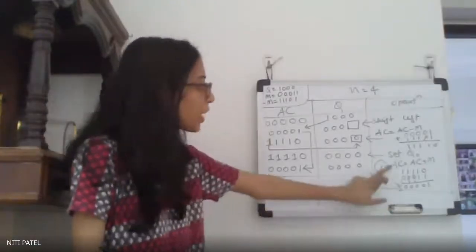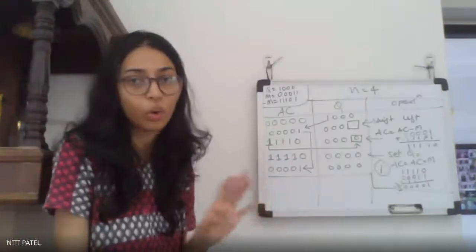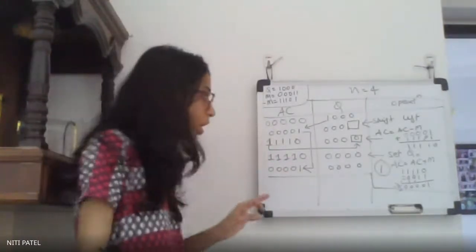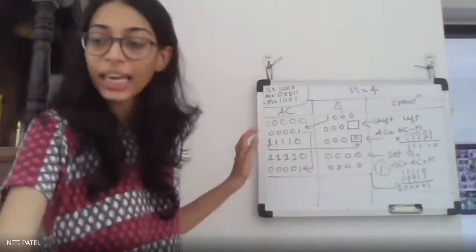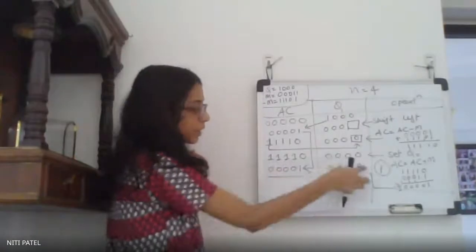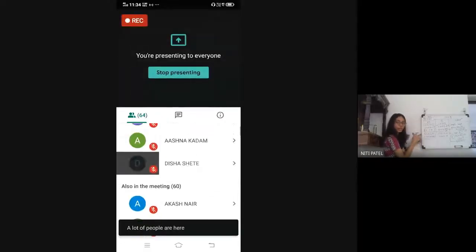Okay. So with this we have completed cycle 1. Now is my count 0? No. So what I have to do is I have to keep on continuing for 3 more cycles. So where do I go? Again I have to do left shift. So what I have to do, left shift of these contents. So when I do left shift of these contents, this 0 will get discarded.